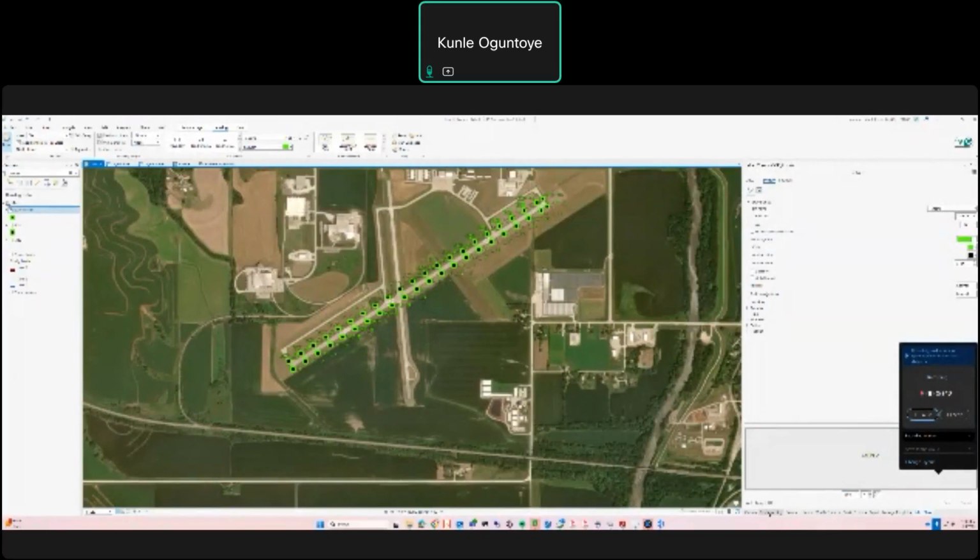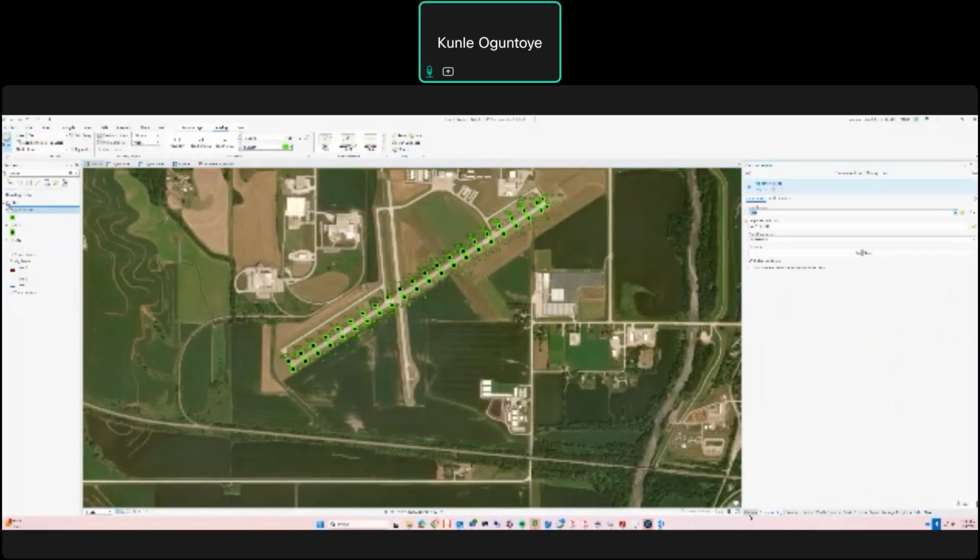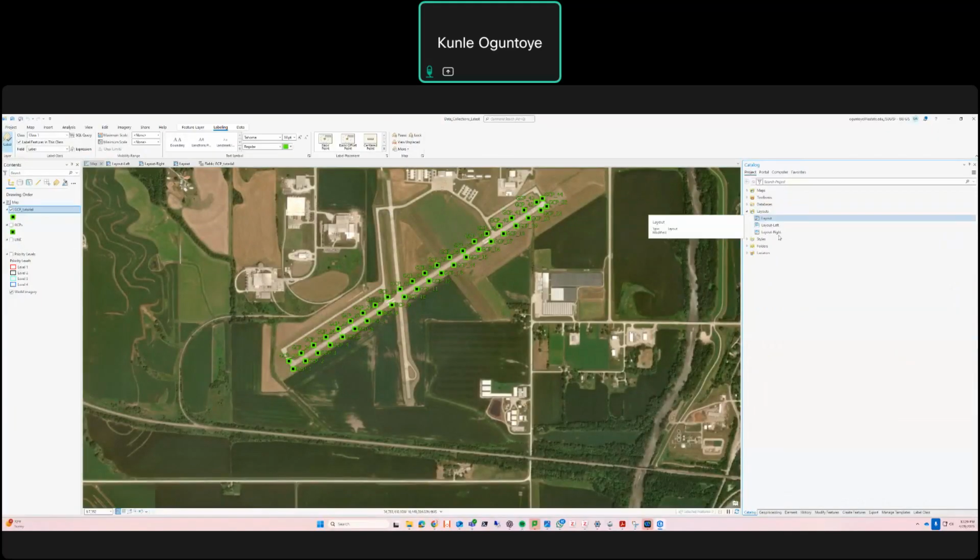So to first of all do that, you have to go to the geoprocessing, sorry, the catalog. So when you come to the catalog, you notice we have a layout section here. These are the layouts I've done initially, but to create a new one, just right click on it and just